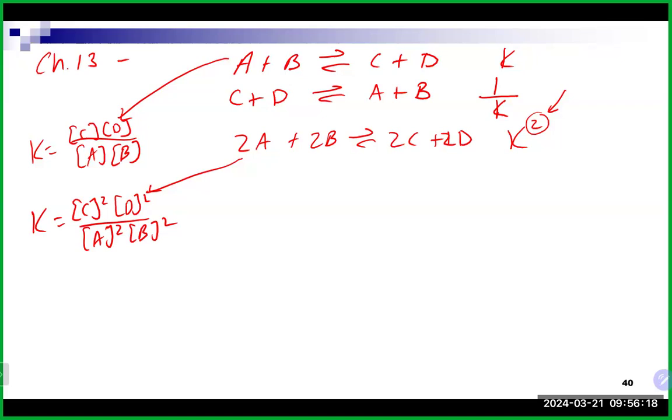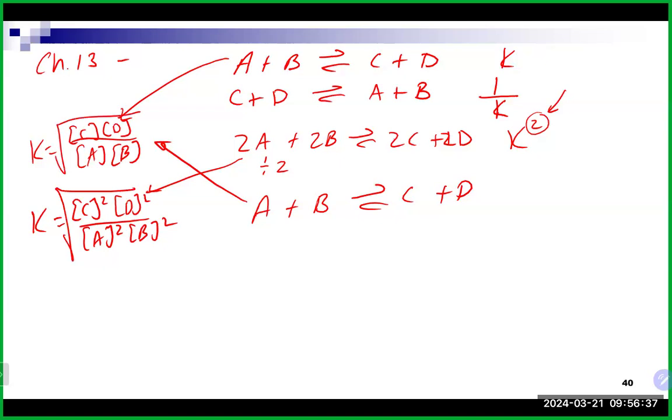And the last thing you might do is divide everything by a common number. If you took this last one here and divided everybody by a common number, that would put us back to our original equation in this example. That would give us the K value, which is essentially the square root in this case. So you would take the square root of K. If you were dividing by 3, you would take the cube root, or for 4, the fourth root, and so forth. So those are very common ways to manipulate equations and the effect that it has on the